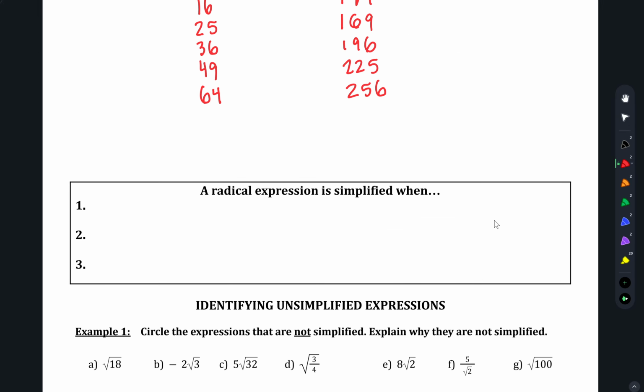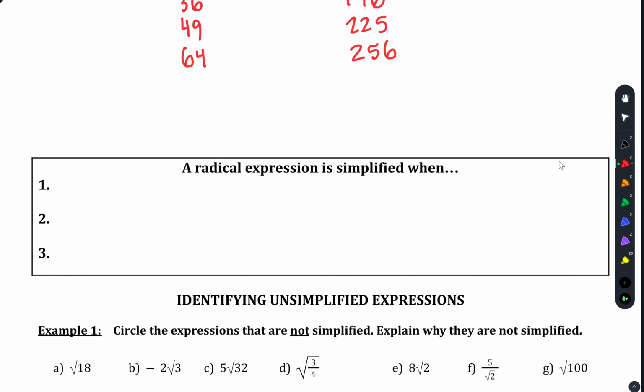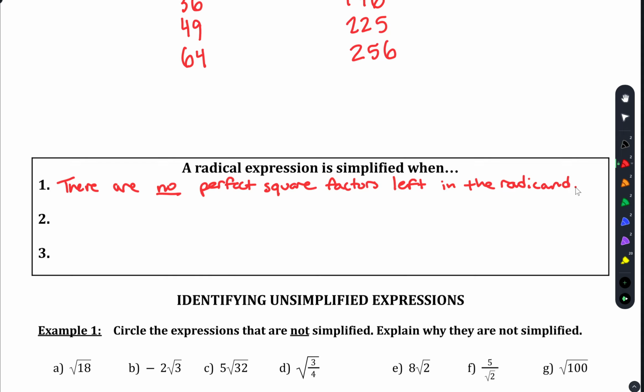Now, we're going to add in some rules for simplifying our radical expressions. 3 rules that we're going to live by for this unit. The first rule that we've already kind of talked about is that a radical expression is simplified when there are no perfect square factors left in the radicand. That's our first rule. And then our second rule, which is probably a new one, is that the radicand itself,